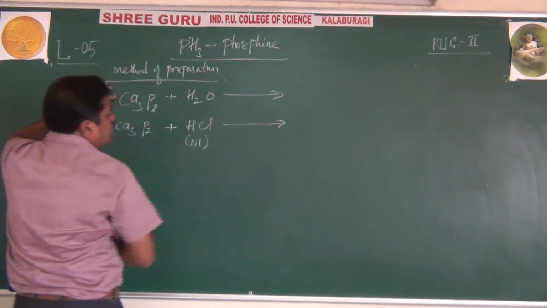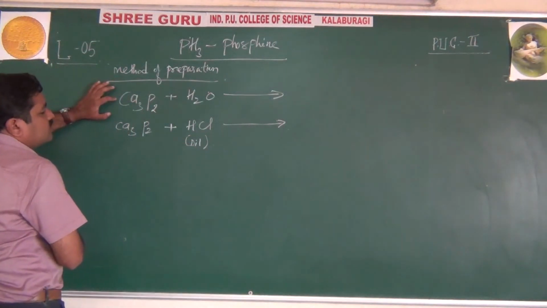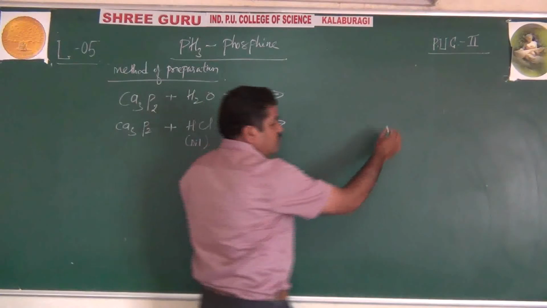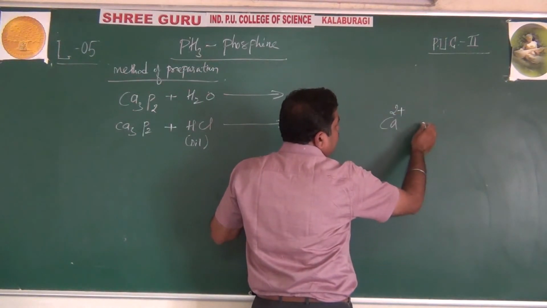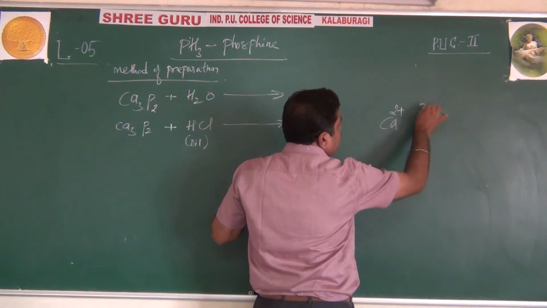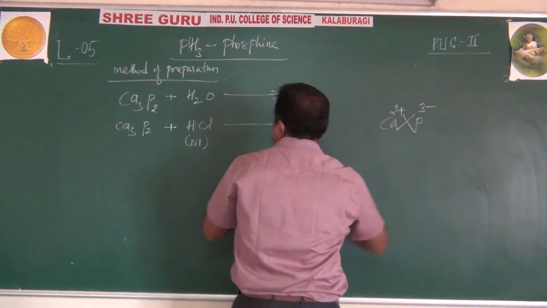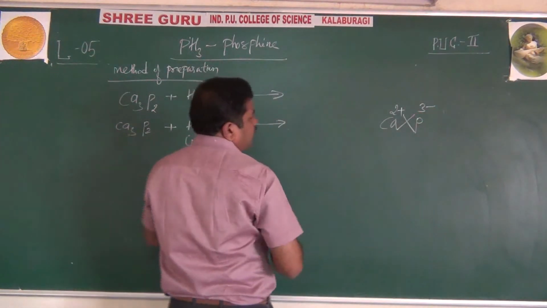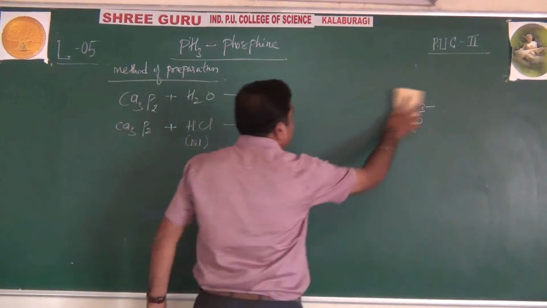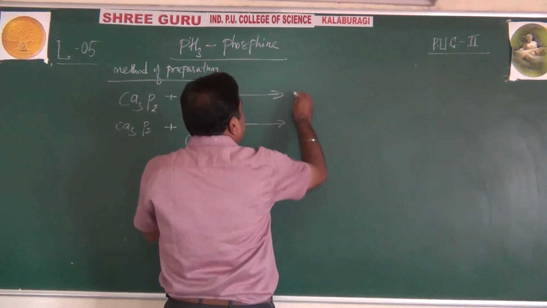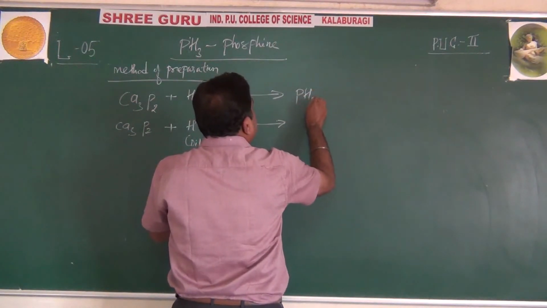Dilute mineral acid is HCl. Calcium phosphide. Please remember, students, try to remember like this. Calcium is a divalent cation, phosphide is 3 minus. Cross multiply, you get Ca3P2. Now see, this calcium phosphide on hydrolysis with water will give the target product phosphine, PH3,